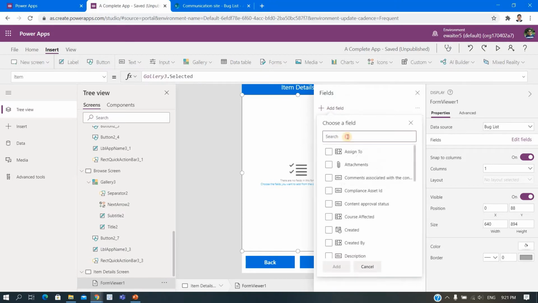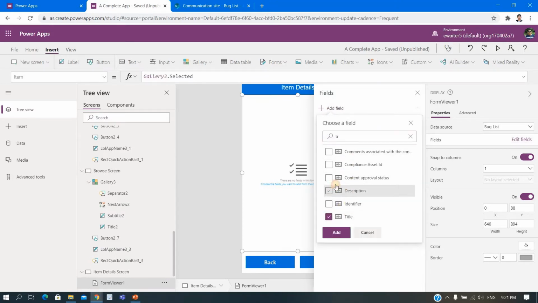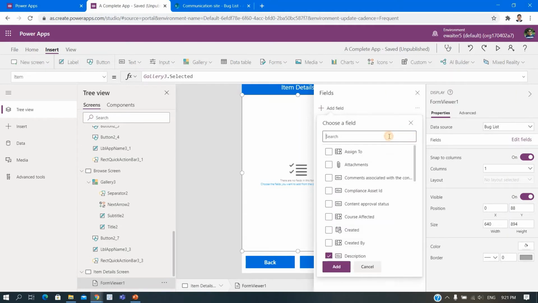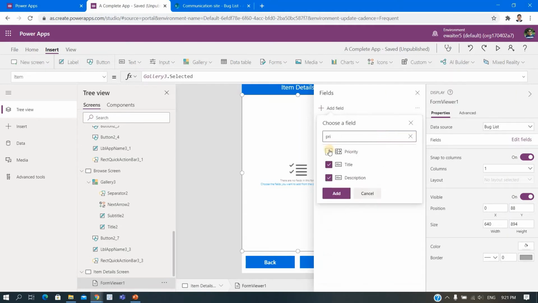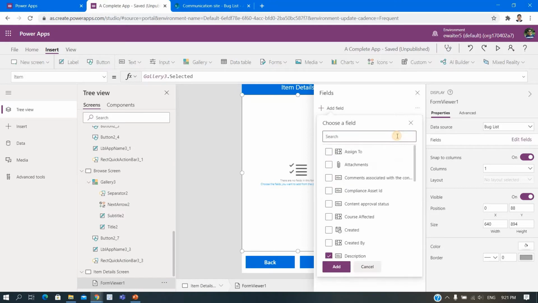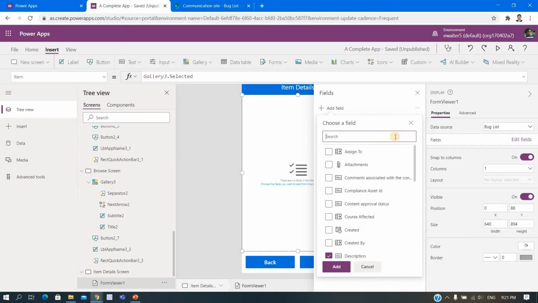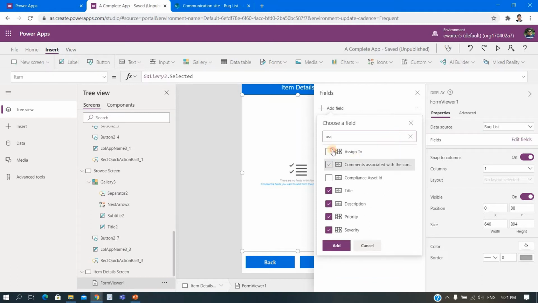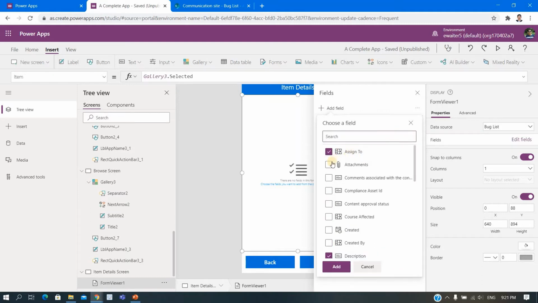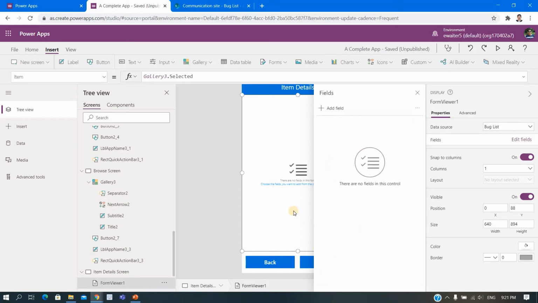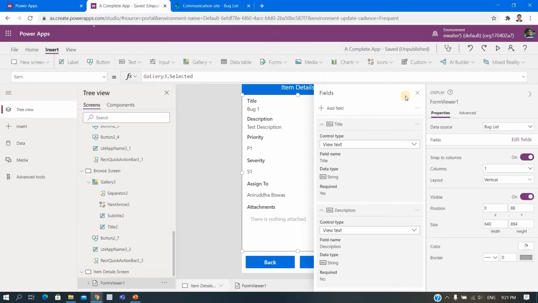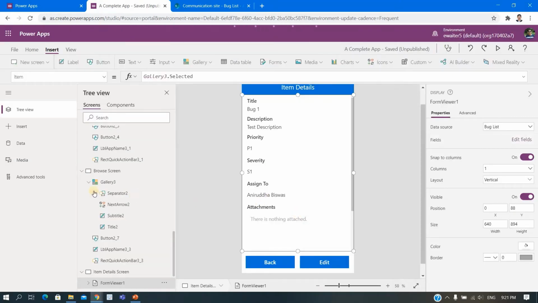Now what are the things you wanted to see? First is title, of course, then description, then priority, then severity, then assign to, then if there is any attachment. Okay, so all these things you just provide here. Okay, then